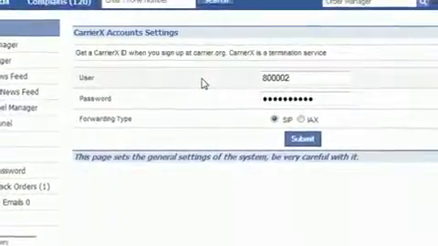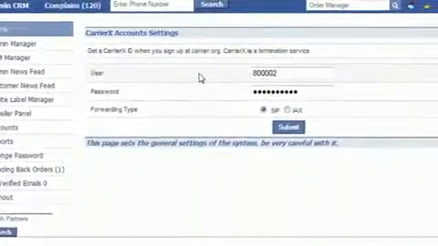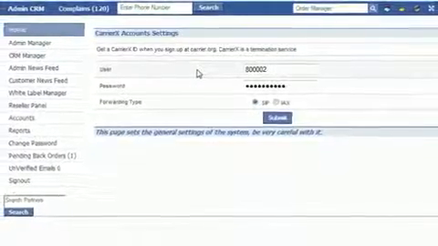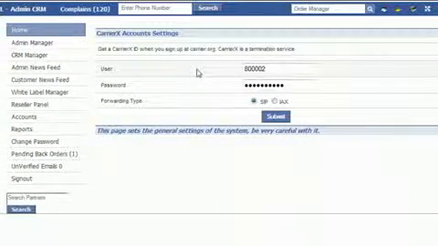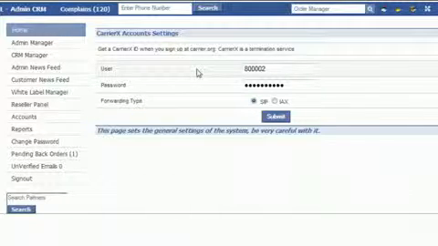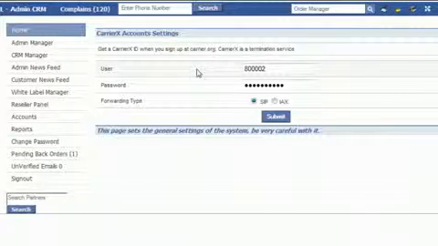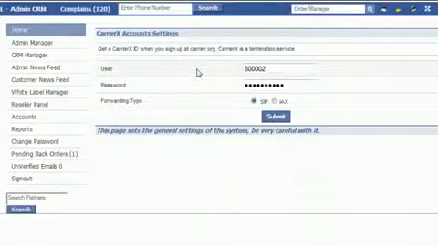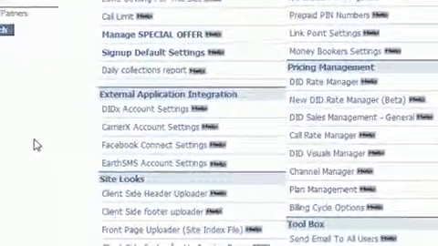And you need to add talk time balance in your Carrier X account for the customer. When the customer forwards the calls to a cell phone or a landline number, and he has talk time balance, then the talk time balance will be deducted from your website and you will pay to Carrier X.